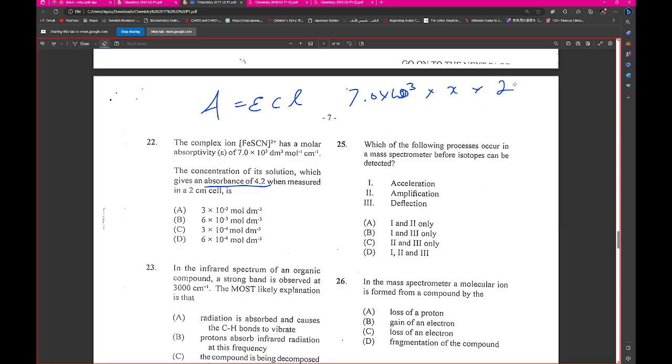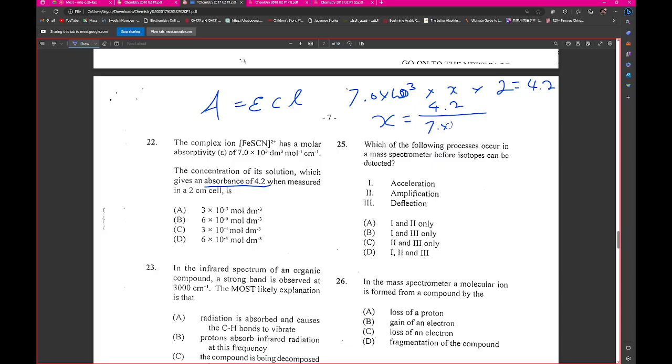So the absorbance would be equal to 4.2. Let me put it at the end. Equal to 4.2. So x would be equal to what? Make x the subject of the formula. So C would be A over epsilon L. Alright, so 4.2 divided by 7.0